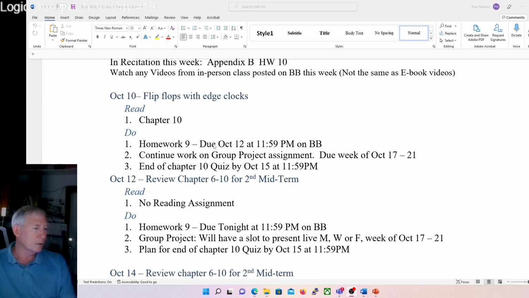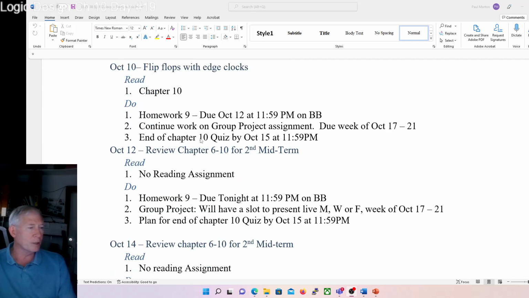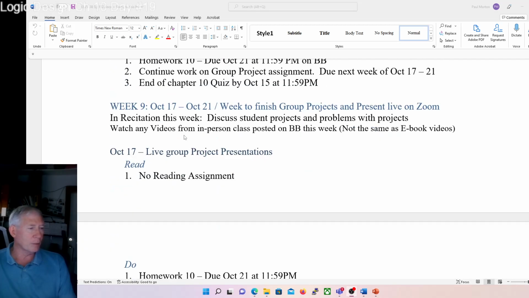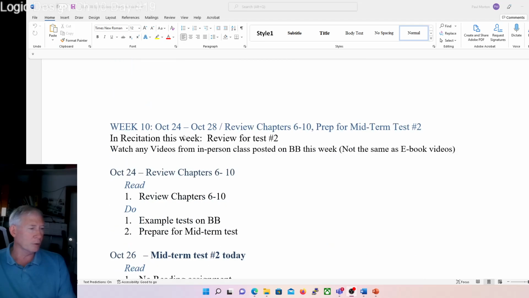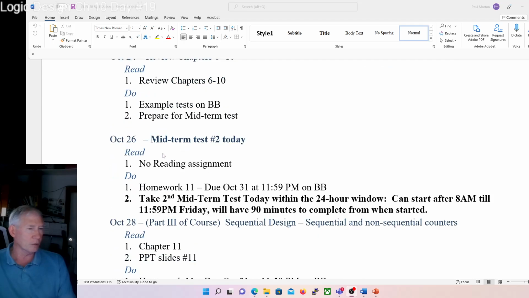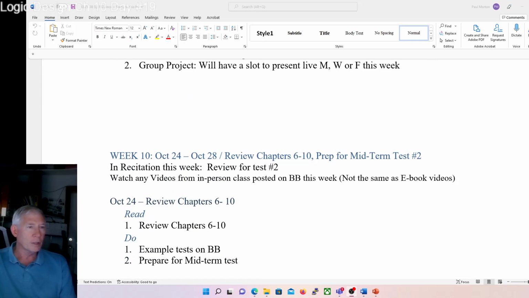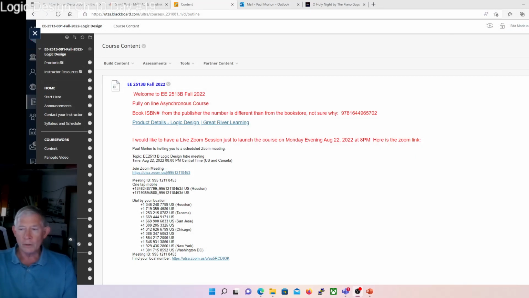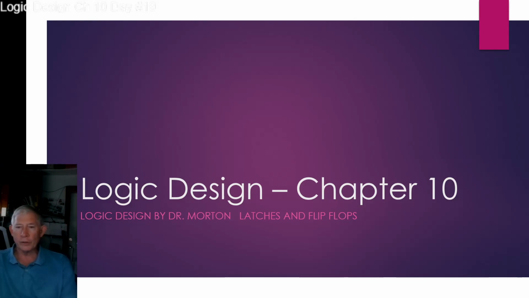And then we'll finish flip-flops up on Monday, and then we'll start reviewing for the test. Then we'll do the group presentations and a little more test review, and then the midterm test on October 26th. All right, so with that, let's look at the slides. Okay, and let's see. I think these transition correctly. All right, so